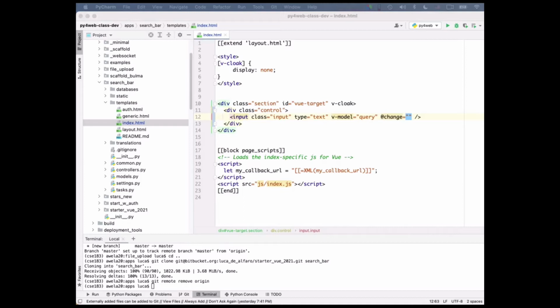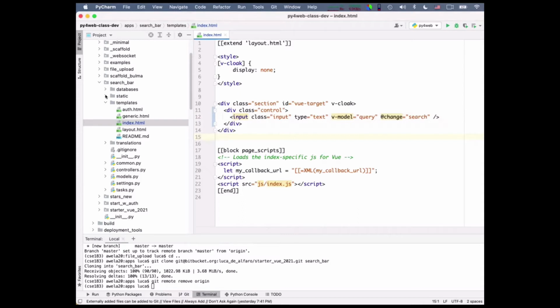Input form element, HTML. I mean, there is a change event that they seem to recommend. I don't know. I think change will be fine. Okay. And we call this search simply. Okay. So this establishes this.